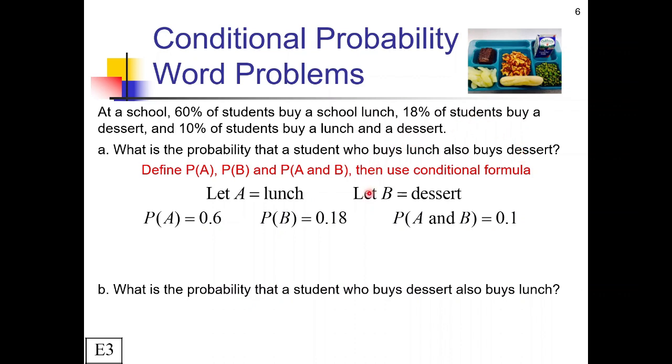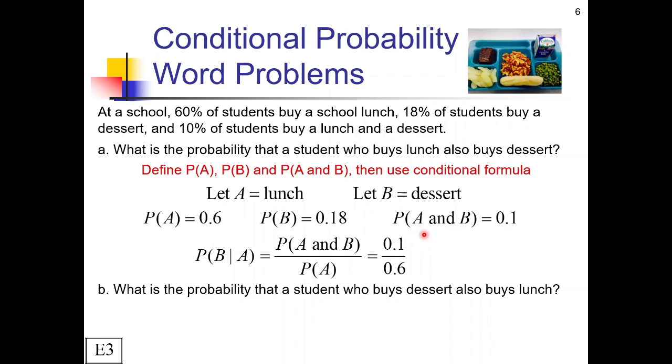So basically we're looking for the probability of B given A. So the order is kind of important here. This means we are going to want the probability of A and B, and that would be the same either way, divided by the probability of A, since that's what we're given. So in this case, we're going to end up with 0.1 divided by 0.6, which is just 1 over 6,